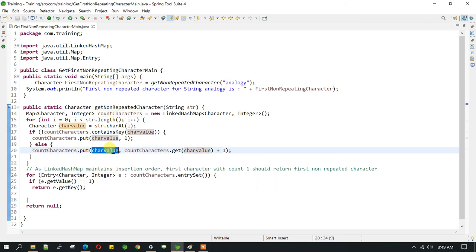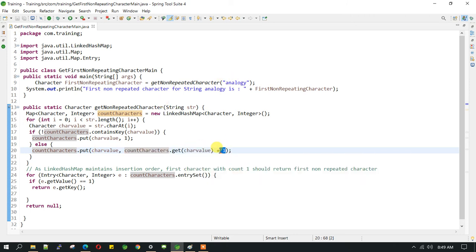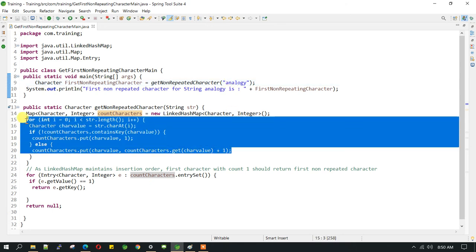This will be the key, which will be same as a, and this is where we are trying to fetch the existing value in the map. So if the value of a is already 1, we are calling that and getting 1, and we are again incrementing it by 1 because we have encountered a again. Hope this is clear to you guys, right?